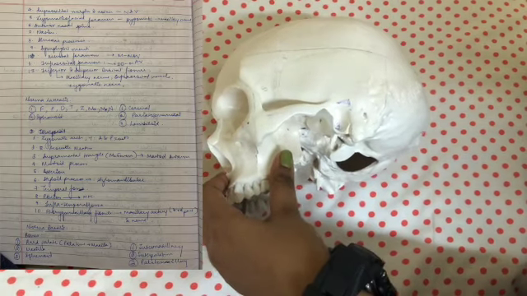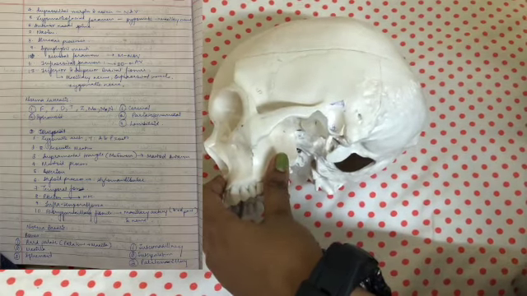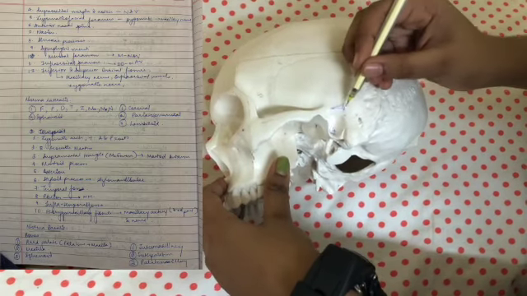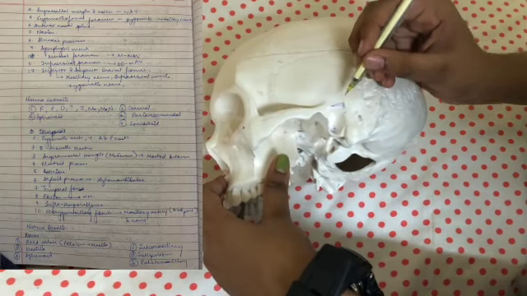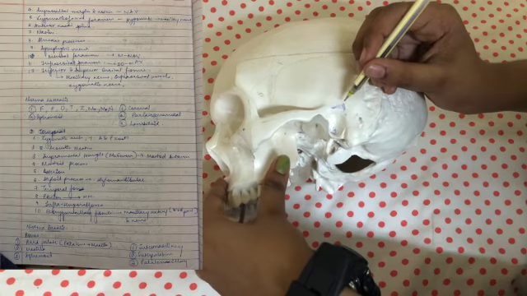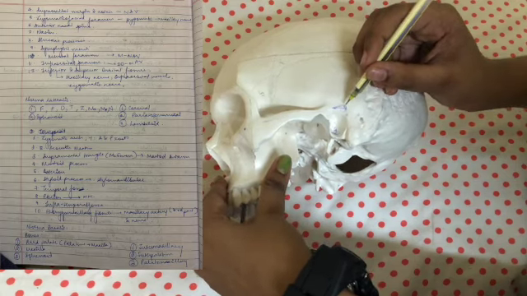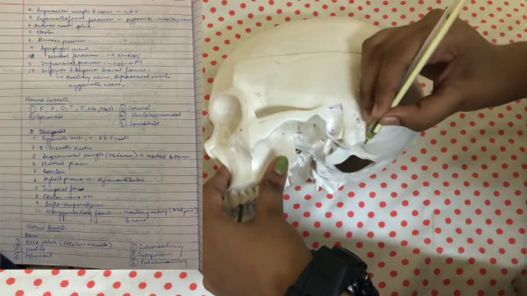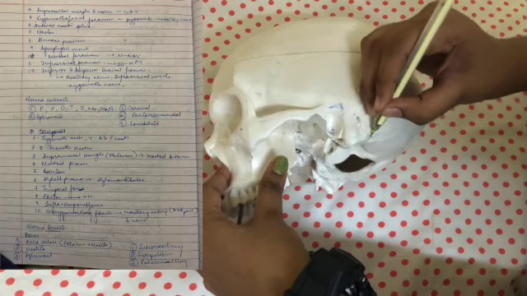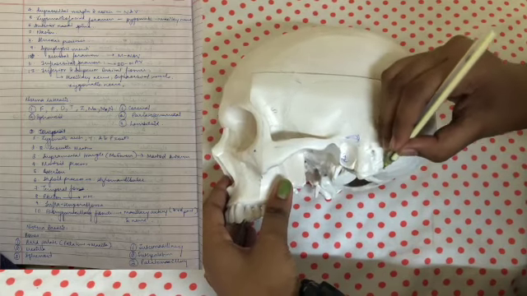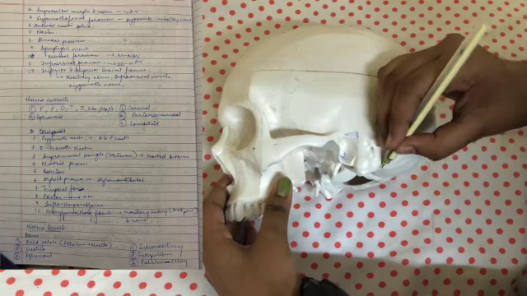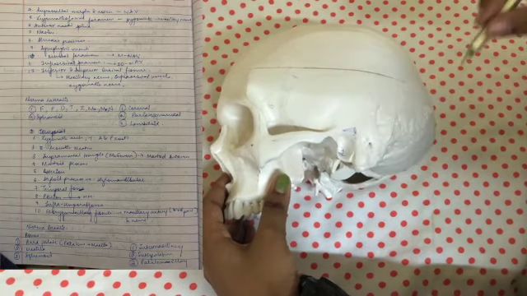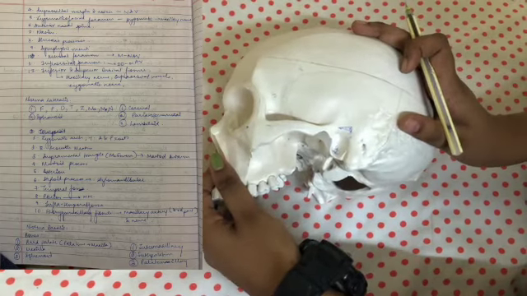Mastoid antrum is basically filled with air cells, okay? And this is also an extension of the middle ear. Another very important prominence that you can see here is the mastoid process. Mastoid process provides origin and insertion to important muscles like the digastric muscle and this prominent neck muscle that you know, which is sternocleidomastoid. And finally, we can also see asterion.